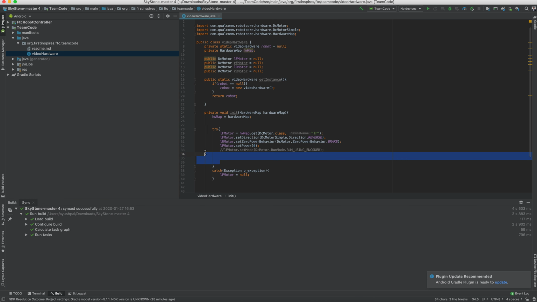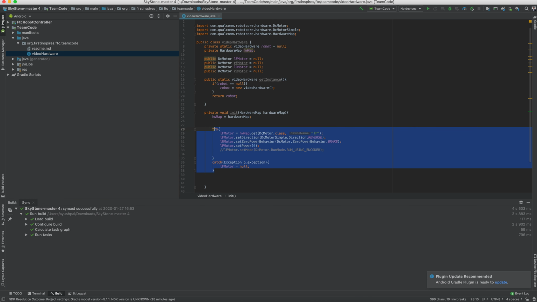Okay, now we have done one wheel, and we just need to copy this over a few more times for all the other wheels. And remember, both of the left wheels need to be set to reversed. Okay, yeah, and once you've done that,